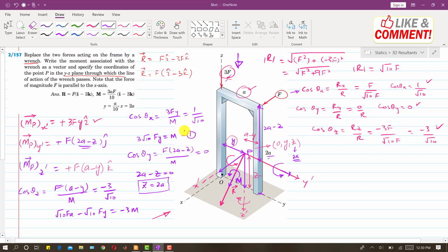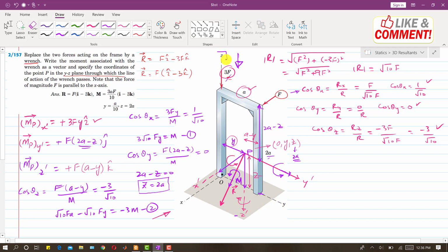So now we have this equation and this equation. There is one small mistake in this M_z' component. As we can see, I have drawn this direction. Since this force is producing the moment about this z' axis in this direction, if we curl our right hand fingers in this direction, the thumb direction is in the negative z direction. So this is that negative z' direction.